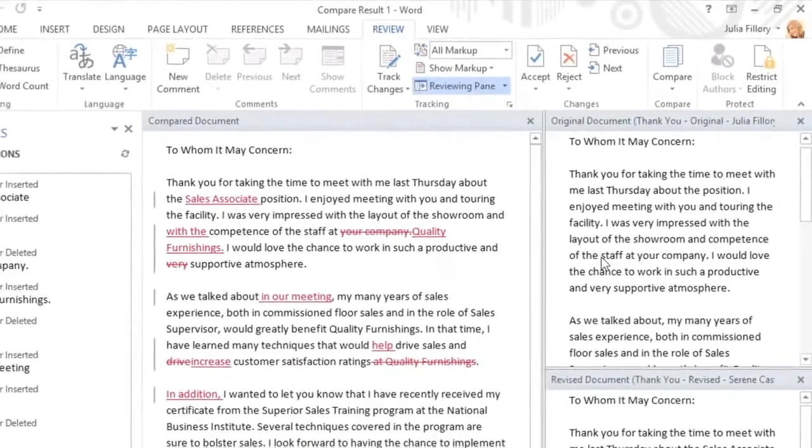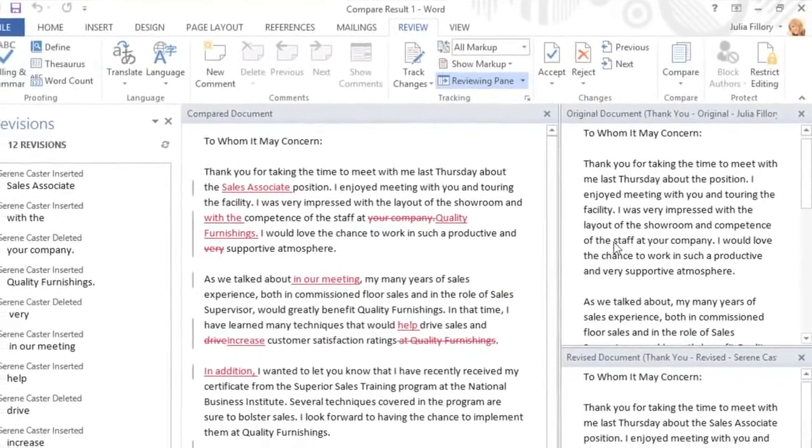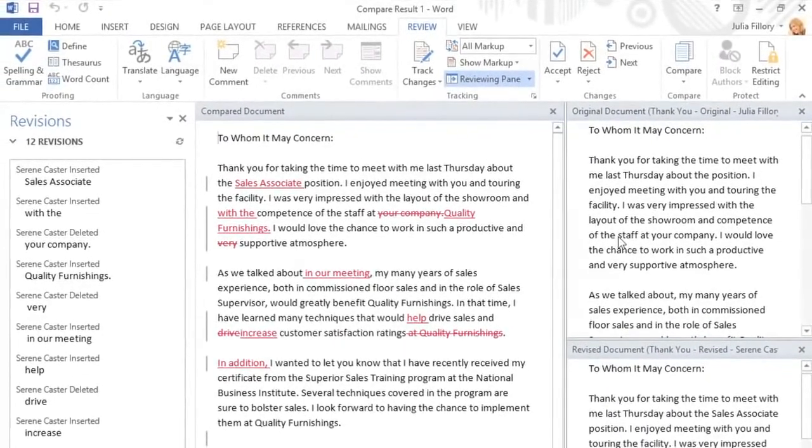At this point, Word will compare the two documents and come up with a list of changes that were made between them. Over here is my original document, the version that someone else revised, and in the middle is the combined version with full